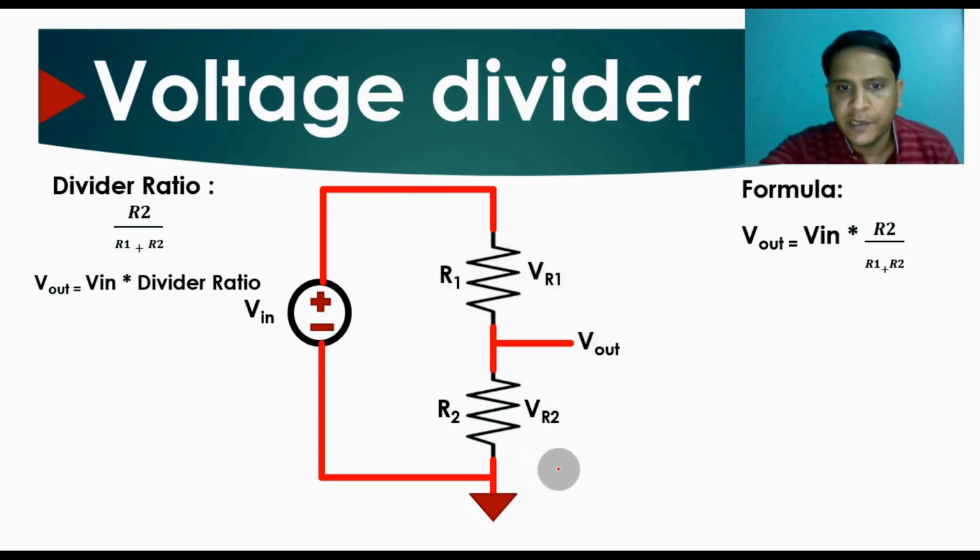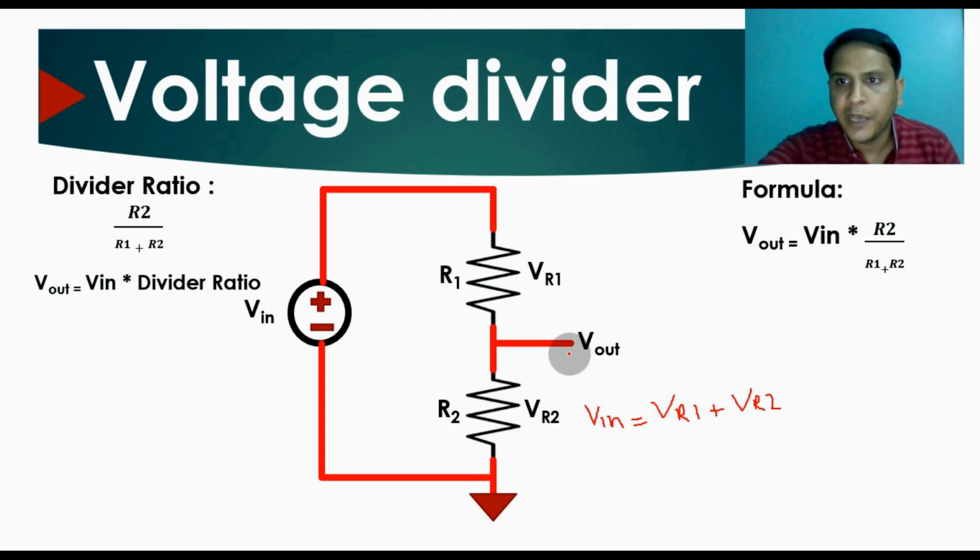So in a nutshell, your input voltage V in equals VR1 plus VR2. So to calculate the output voltage V out, that means the drop across the resistance,